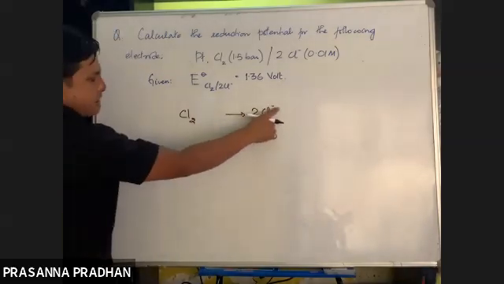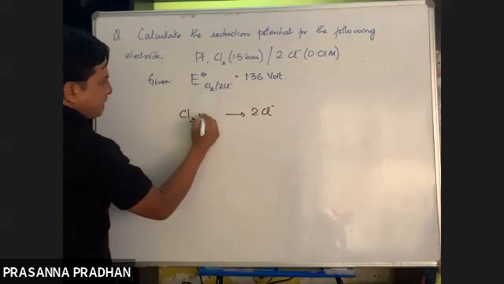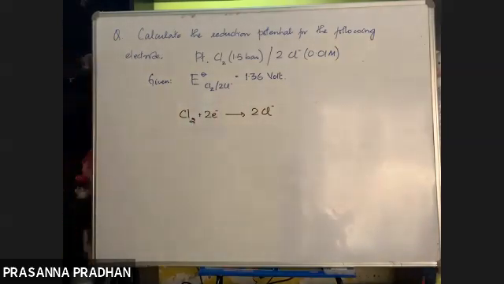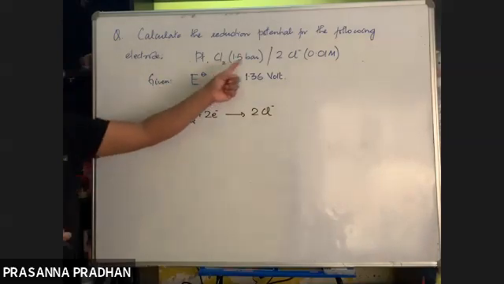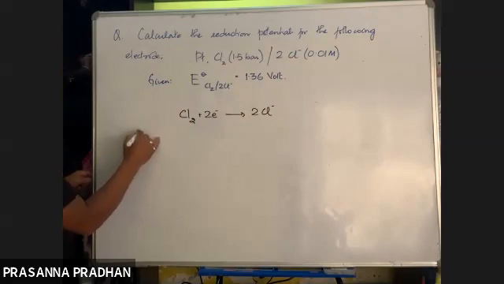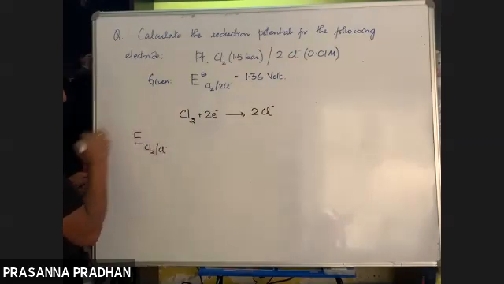So there are 2 negative charges, so it must gain how many electrons? It must gain 2 electrons like this. So this will be the electrode reaction: chlorine undergoing reduction to chloride ion. Okay, so the Nernst equation will be E of chlorine/chloride ion